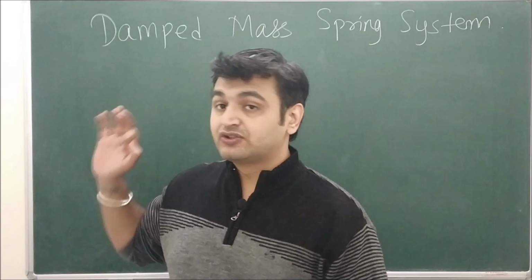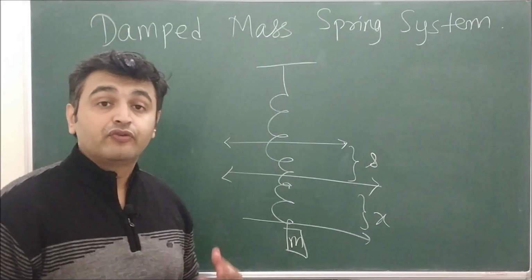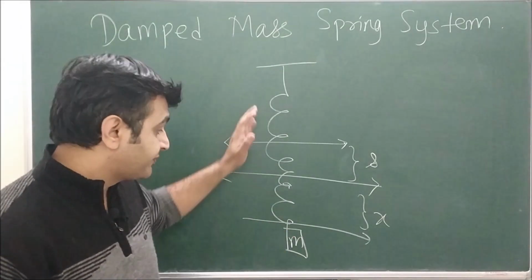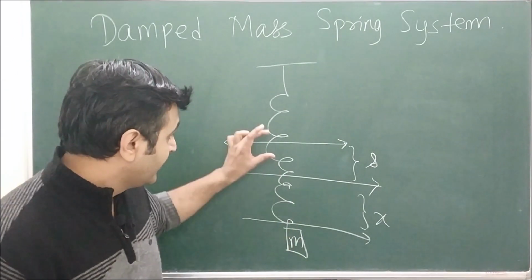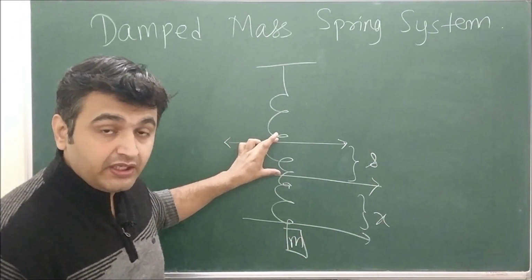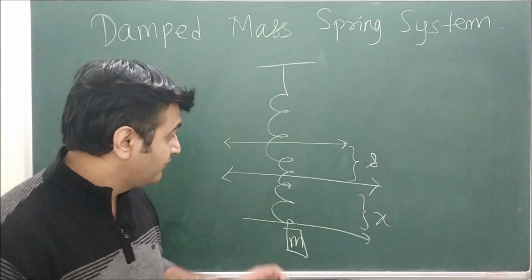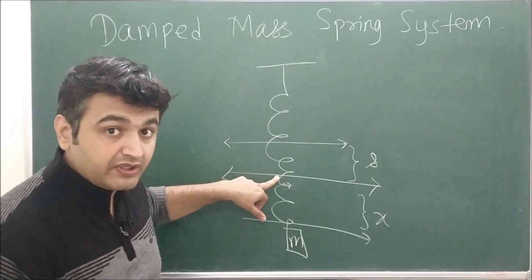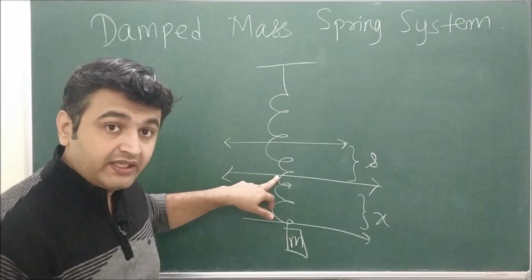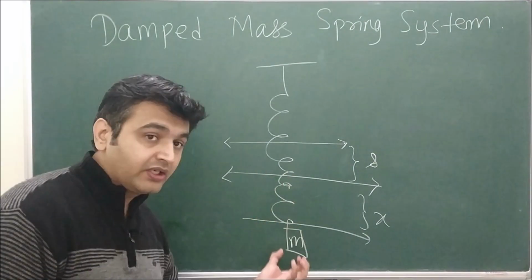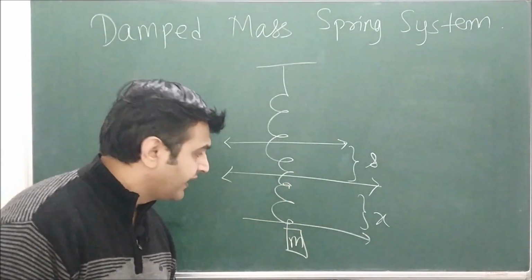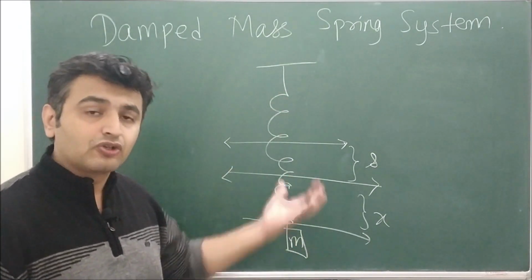Now this is what actually happens in the physical world. If you recall from our previous lecture, you had a spring, you had an object of mass m. This was the displacement when you attach the object of mass m to the spring, and this was our equilibrium position. And then to set the system in motion, you pull it down by say some x units and then release it. So then it will start oscillating.